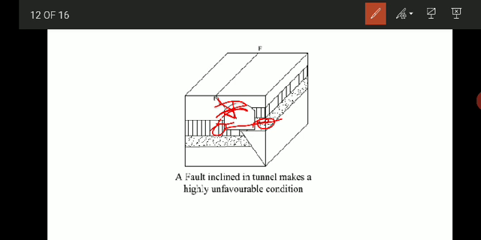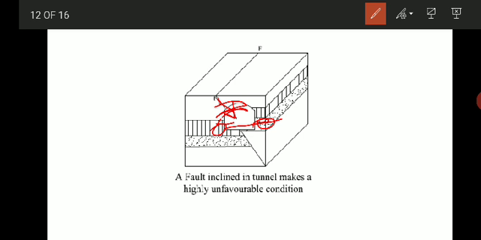Then if there are jointed rocks also, they must be avoided again because there are cracks. So joints help you during excavation of the tunnel because they are cracks, the rocks are weak, you can excavate easily. But on the other hand, they create difficulties because if the rocks are jointed, they will undergo weathering.